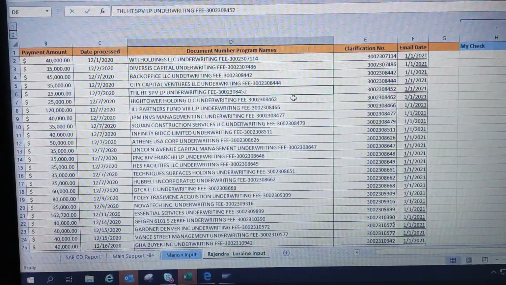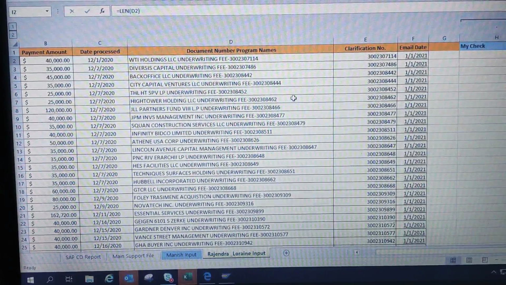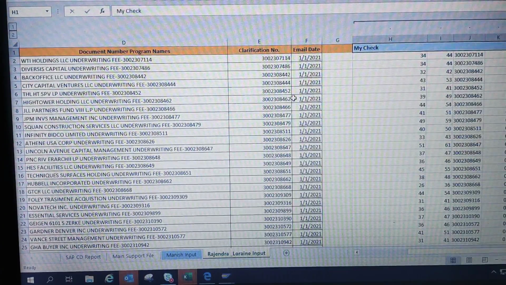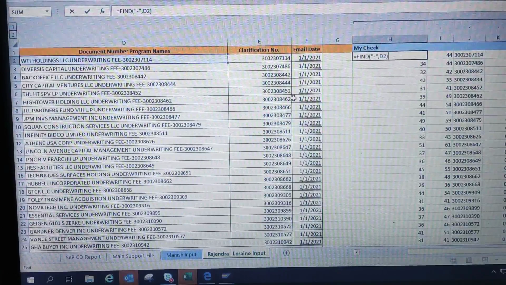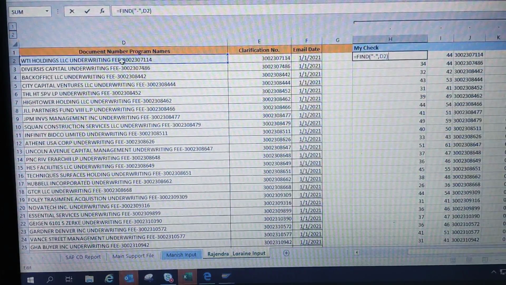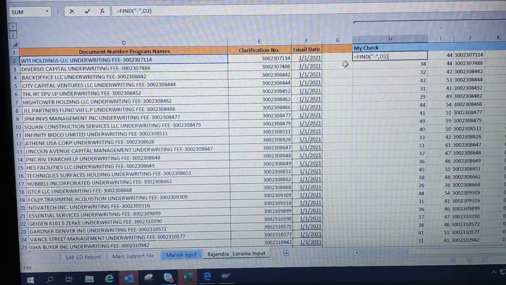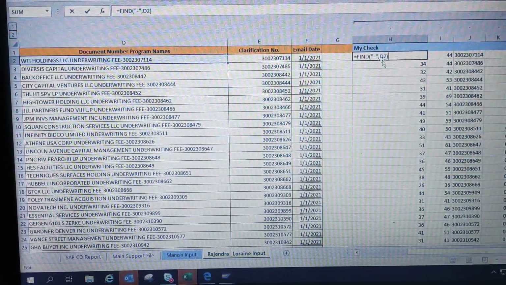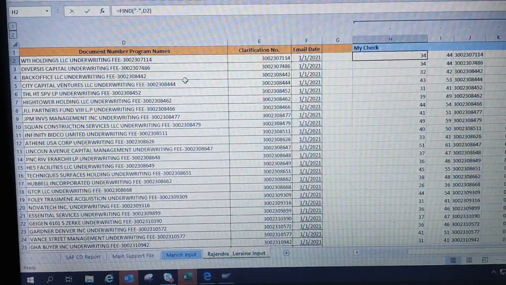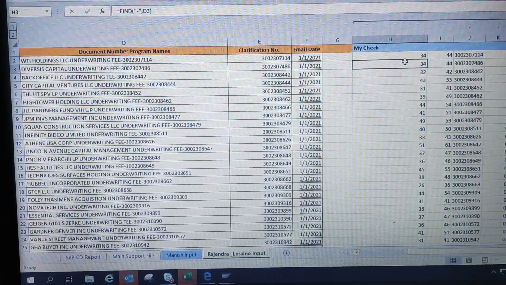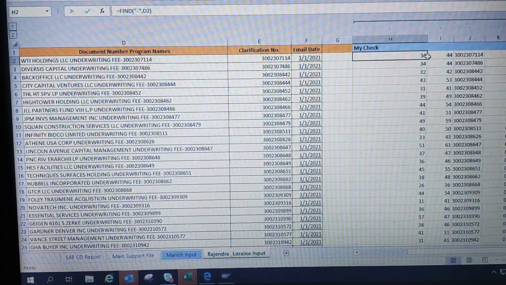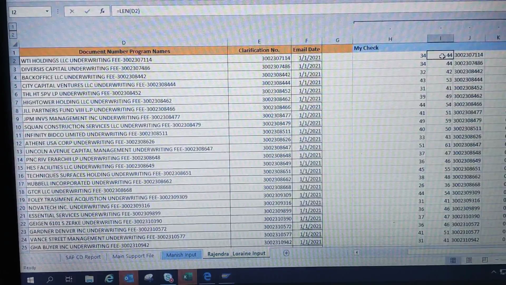First of all, we are going to use this formula, which is FIND. What we are finding is the same dash I talked about. It would find the place where this dash is standing. So at the 34th position it is standing, out of 44 counts. I mean the length of the text is 44.